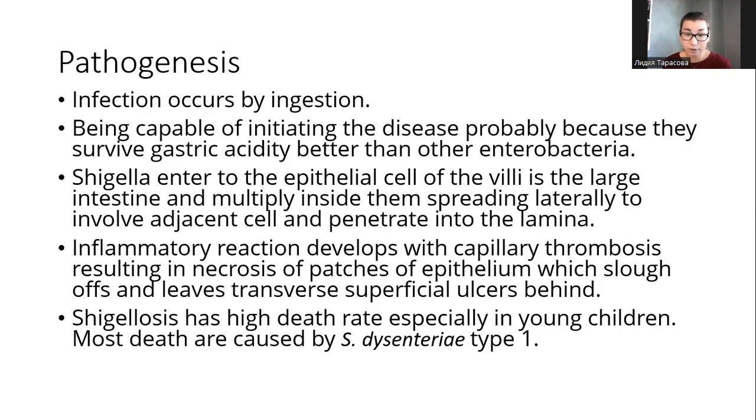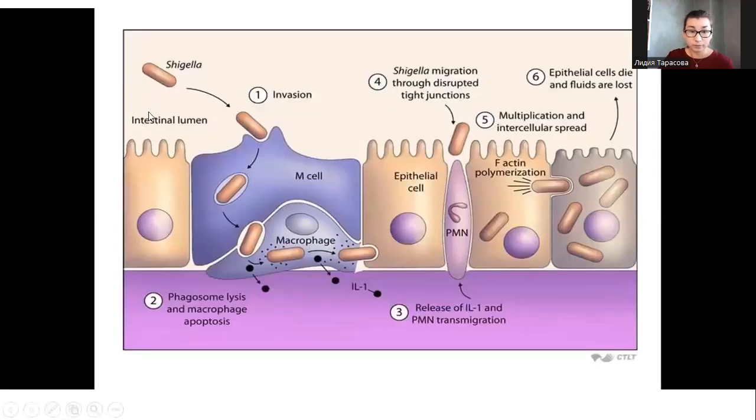Inflammatory reaction develops with capillary thrombosis, resulting in necrosis of patches of epithelium, which slough off and leave transverse superficial ulcers behind. Shigellosis has high death rates, especially in young children. Most deaths are caused by Shigella dysenteriae type 1. So Shigella goes to the large intestinal tract,